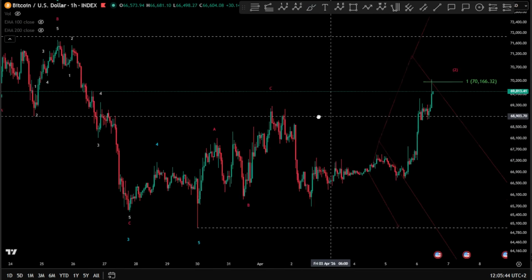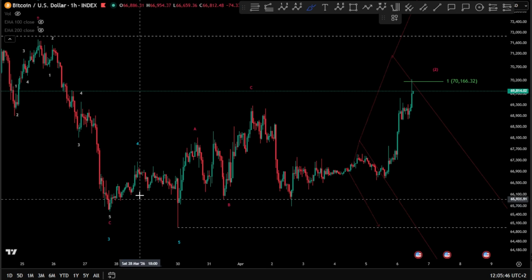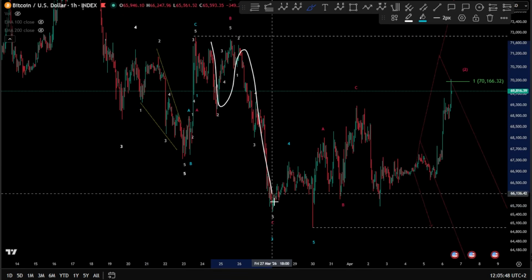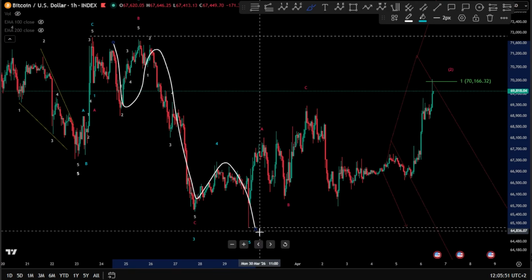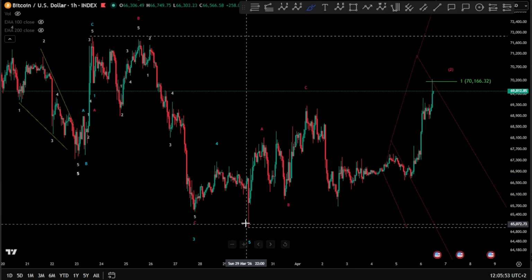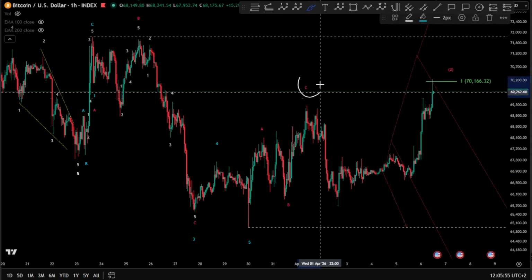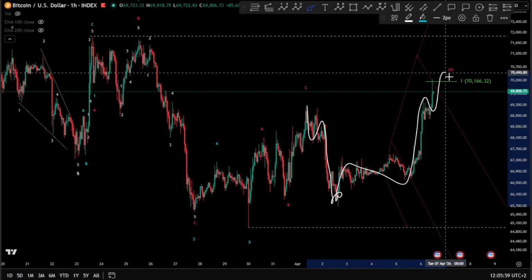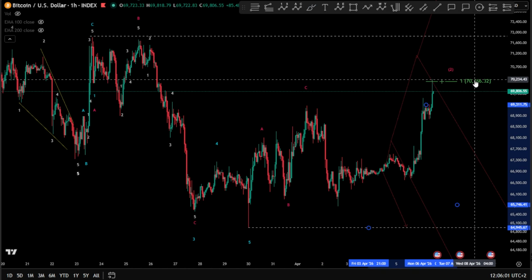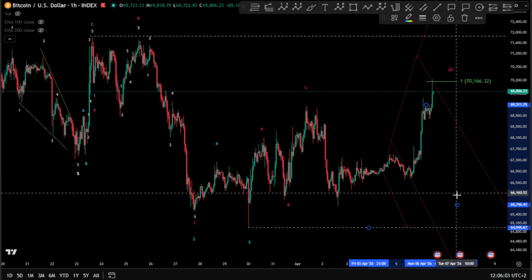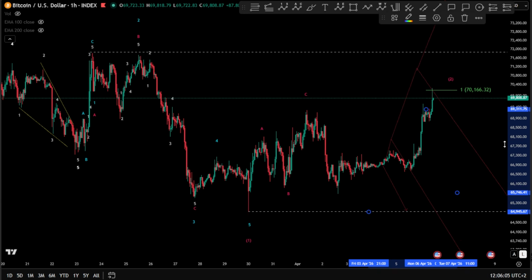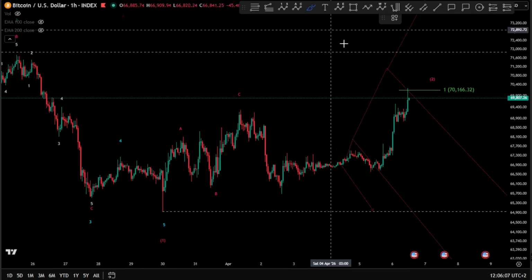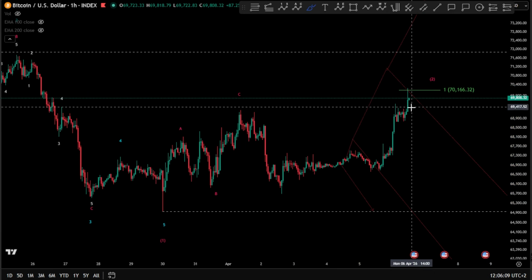As you can see on the lower time frame here, after a potential wave 1, we have 5 waves, 1, 2, 3, 4, 5. You have 3 waves up, ABC, another wave B, and then 1, 2, 3, 4, and a 5 still forming here. And as you can see, the 1-to-1 fib level has been taken, and it has somehow been rejected. But if we break it,